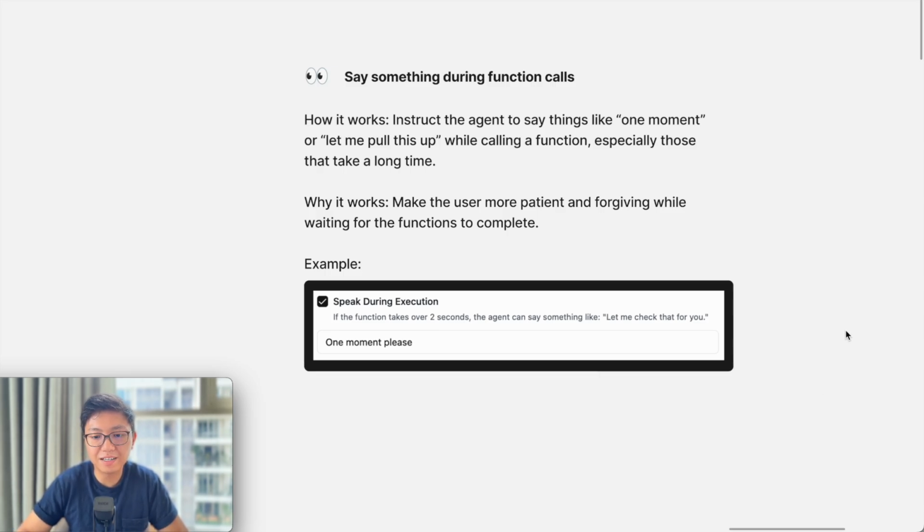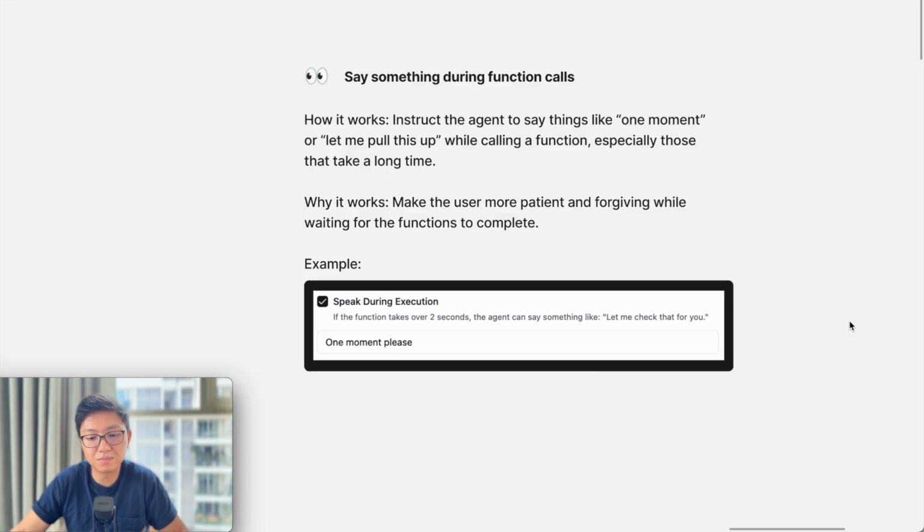And so in cases like that, we should instruct the agent to say things like, one moment, or let me pull this up, to keep the user patient, right? To let them know that we are still processing their request,